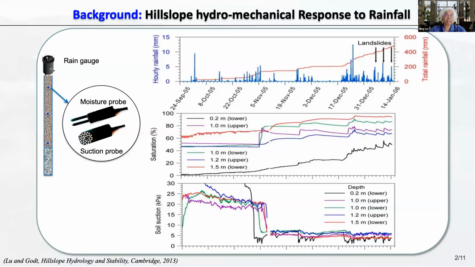So we're looking for information, three pieces of very important information. The first one is the meteorological information, as shown here, back to 2005. We can get the precipitation, and then we also need to monitor and understand the subsurface response, in this case the hydrological response. Two variables: one is how the soil moisture is going to change, and the other is how the pore pressure changes. In the case of above the water table, it's what we call soil suction.